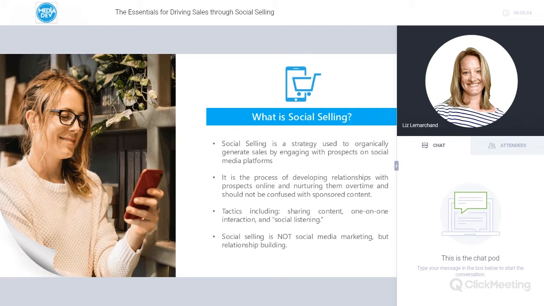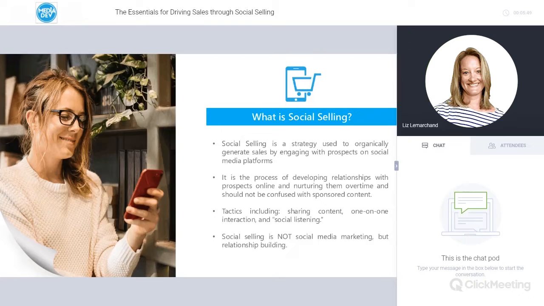Of course, when targeting prospects in the B2B space, the preferred platform for this kind of outreach. But it shouldn't be confused with paid in-mail messaging, which is a form of sponsored content or advertising. And it's also not pure social media marketing, which is more about establishing visibility for your brand on a broader scale.